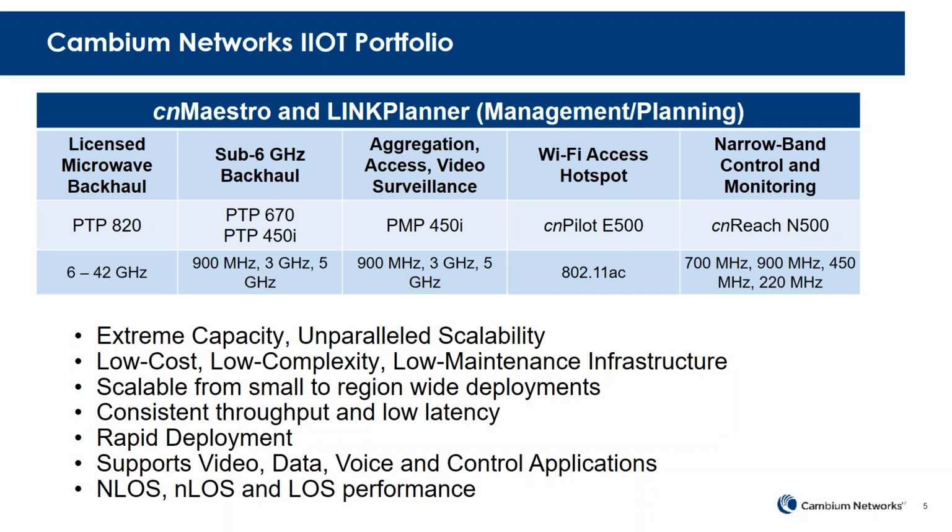And then lastly, we'll talk a little bit more detail about our cnReach product. This is the N500. This is a SCADA process control and monitoring solution. It's available in 4 different bands. We'll talk about those in a bit more detail, but this is really well suited for connectivity to PLCs, RTUs, anything with a serial port where you're doing machine-to-machine communications, or an IP port where you're doing machine-to-machine communications. You can interconnect that back to your SCADA master or other types of